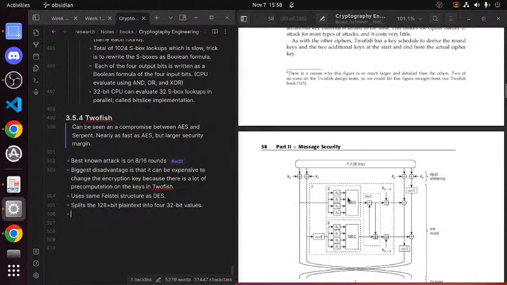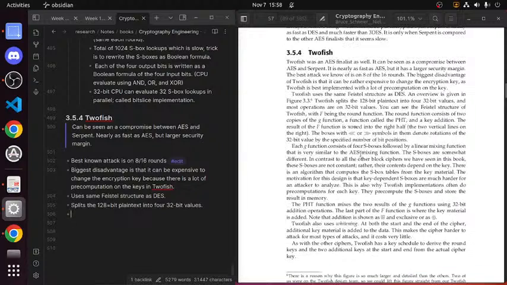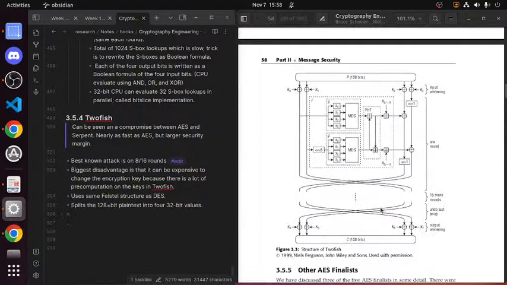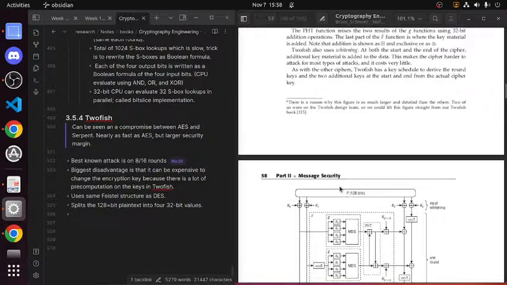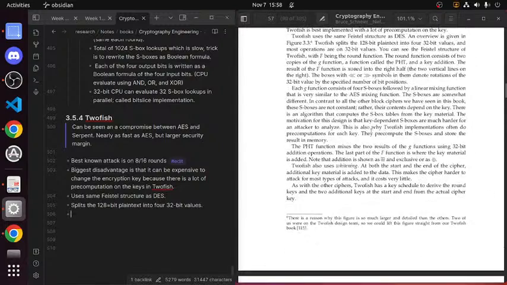Again, I always like when they show you the diagram first, and then they give you an explanation. So I'm going to read through this and then copy and paste the diagram, and then I think I have to actually convert these, but I'll get there and then we'll talk about it.